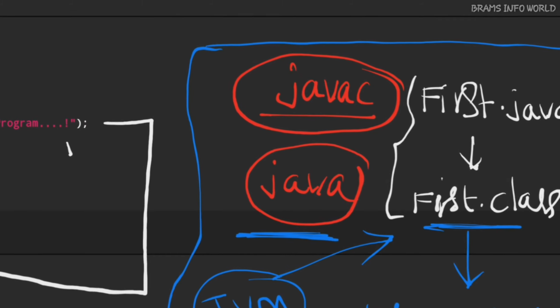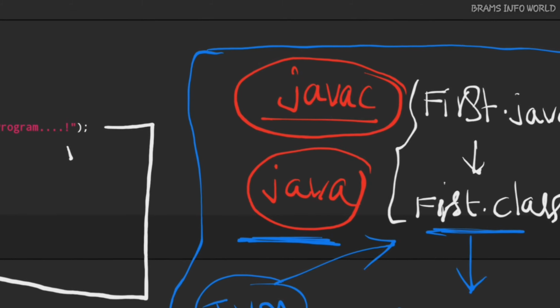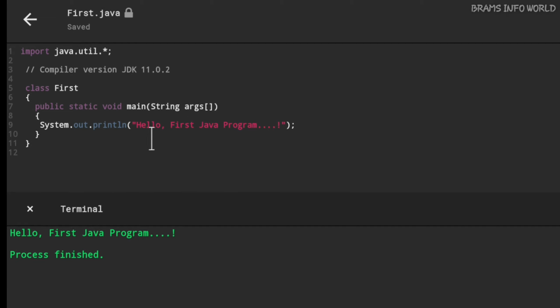I want to change the message. You can observe the output. Hello first program is there, right?